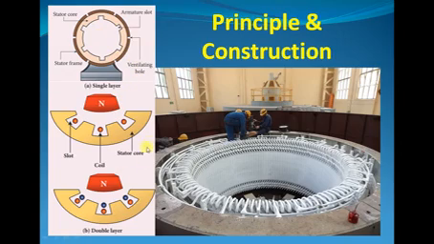Next we see the stator core. This portion is called the stator core. It is a simple diagram for the stator. It is the real diagram for the stator. Here the stator core or armature core is made up of iron or steel alloy. It is a hollow cylinder and it is also laminated to reduce eddy current. Slots are cut on the inner surface of the core to fix the armature windings.